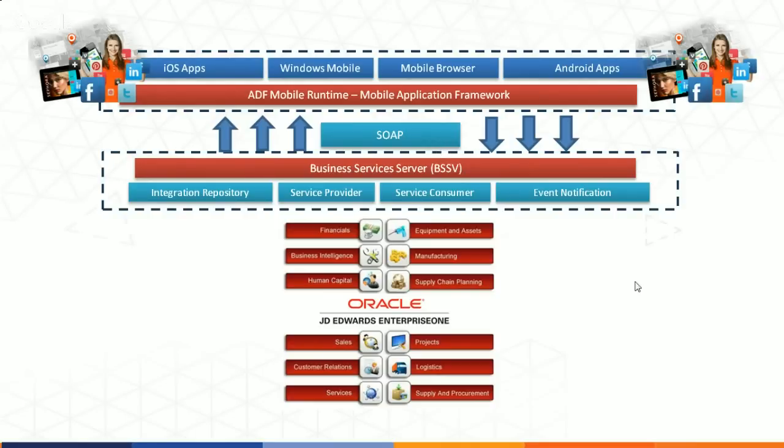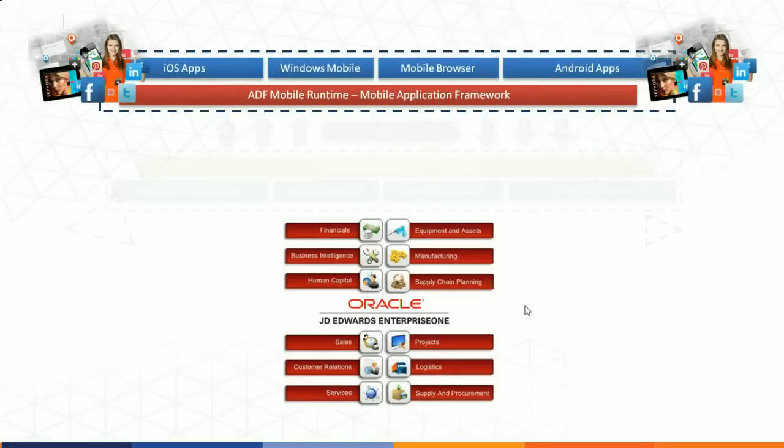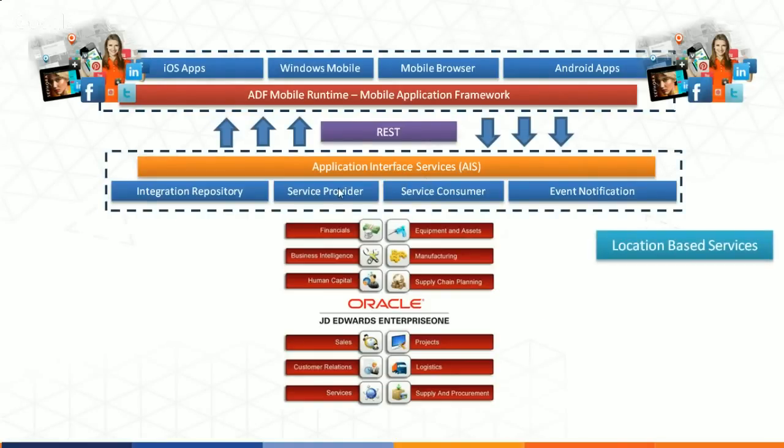However, there's a key issue with SOAP itself as well. It's not very lightweight. It requires a bit of an overhead, and the communication between your mobile app and your core ERP using SOAP is not as user-friendly or as super fast as the other protocol, which is the REST protocol, and we're going to take a look at what that is. So there's another option that Oracle has made available, which is application interface services, which uses the REST API, which uses JSON instead of XML to transfer the data back and forth between your mobile apps and your event server